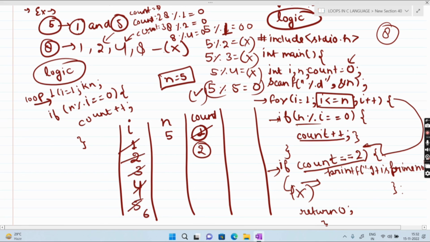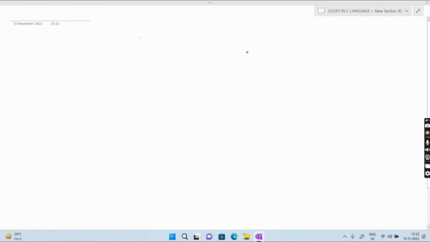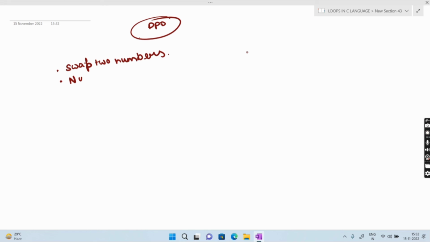I will tell it. You can do one program for your own. I will give you as a DPP. You can do it. I will tell you in next class. That is basically swap two numbers. The second program you have to do from your own, that is actually number is even or odd.